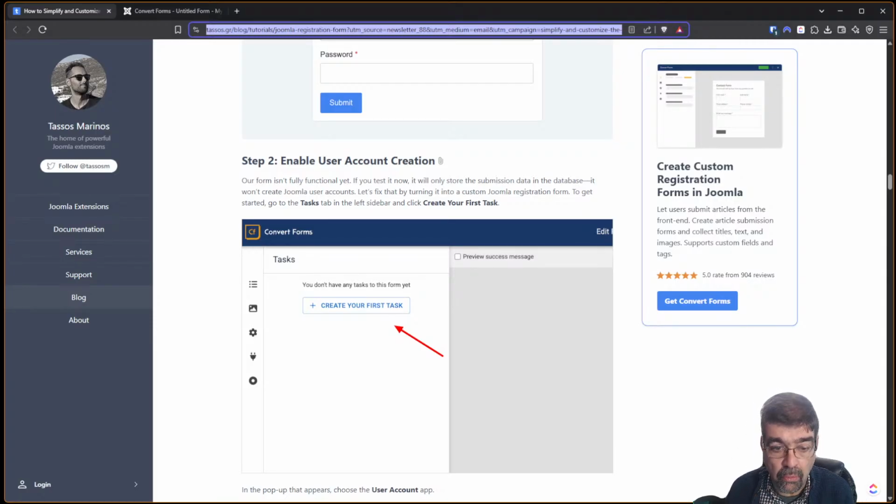All right, so I'm going to create a task. Down the left-hand side here,